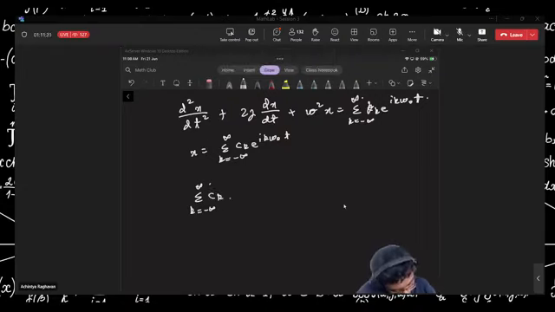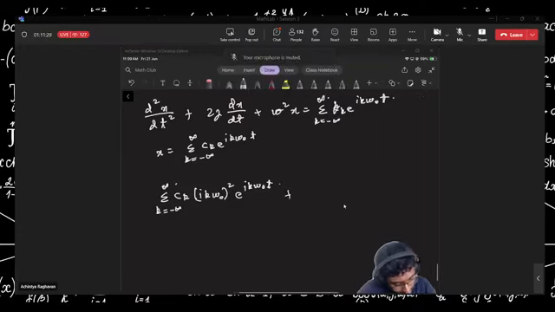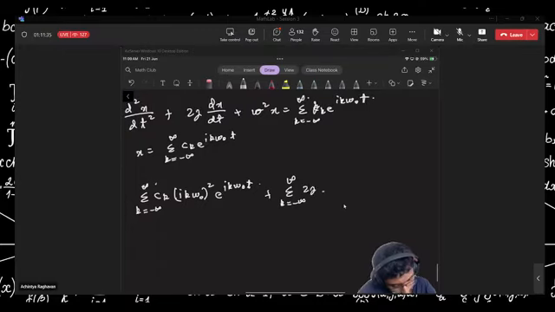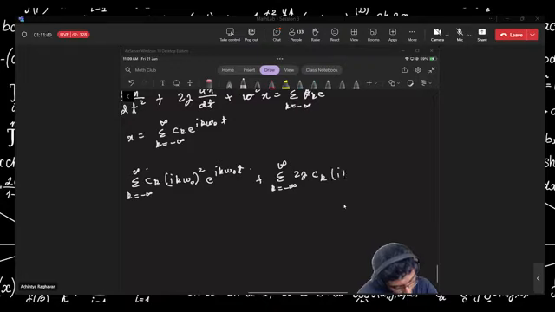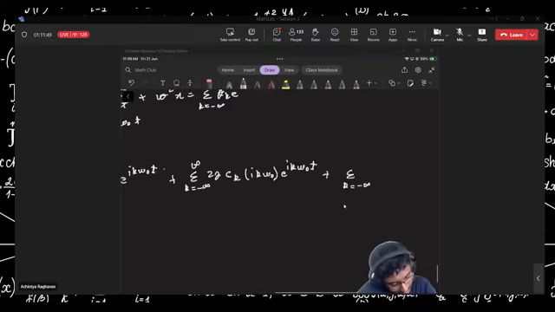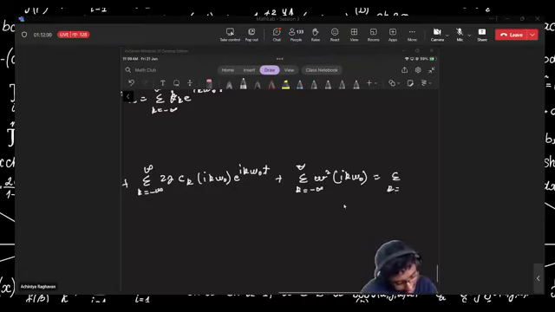So it becomes ik omega naught squared e power ik omega naught t, the second derivative of the exponential, plus summation k going from minus infinity to infinity 2 gamma ck ik omega naught e power ik omega naught t, plus summation k going from minus infinity to infinity omega square ck e power ik omega naught t. These are different omegas. Equal to summation k going from minus infinity to infinity